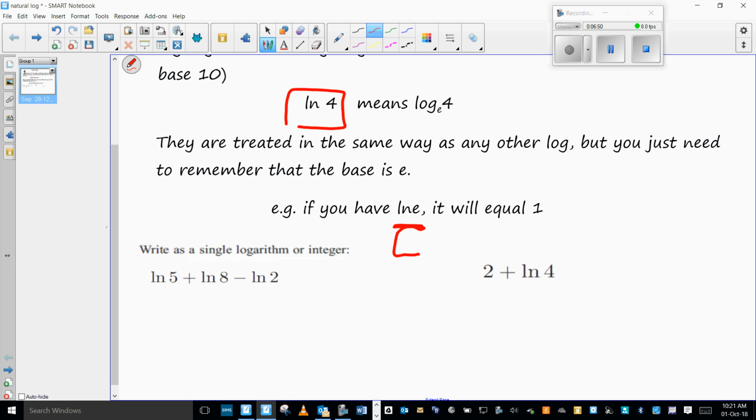Alright, if you ever have ln e anywhere, we know that that's going to equal 1 because ln e,